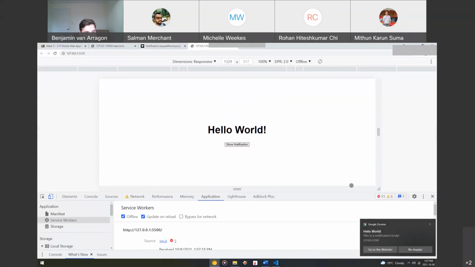And if I click the notification button, we get a notification. For some reason, my image isn't actually loading, but your image should load there. Did that work for anybody? For some reason, you know what? I bet you